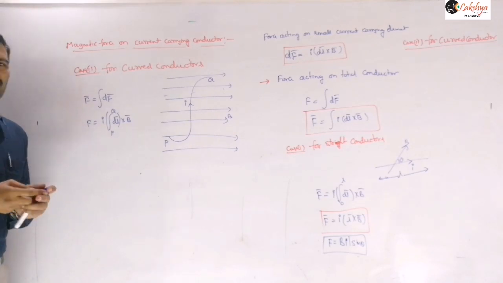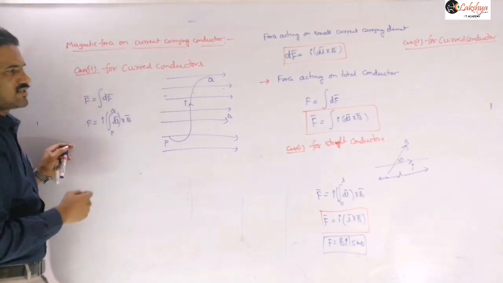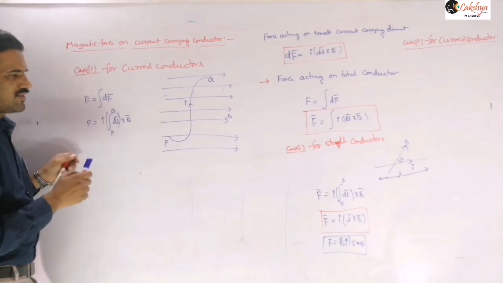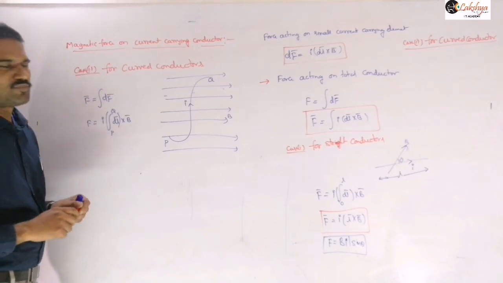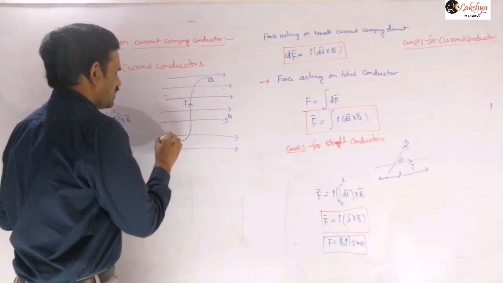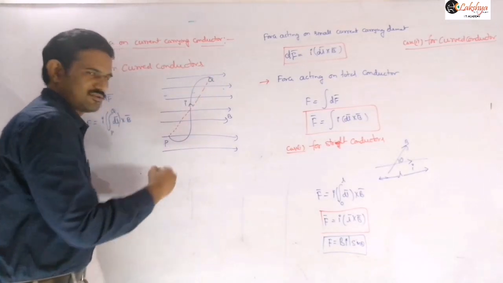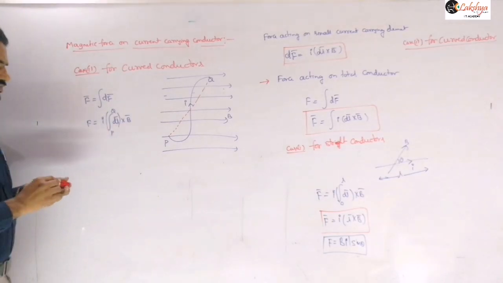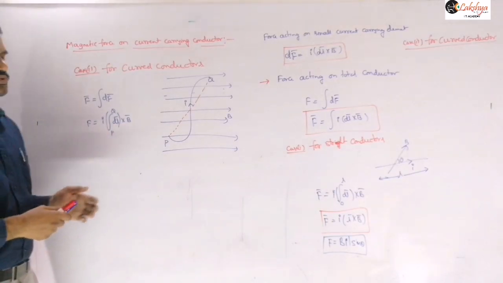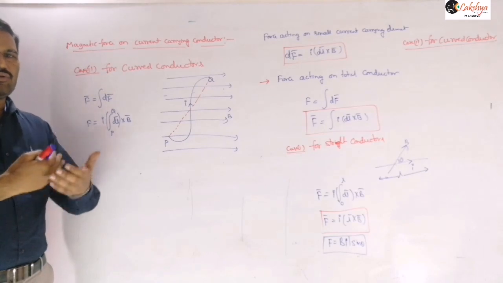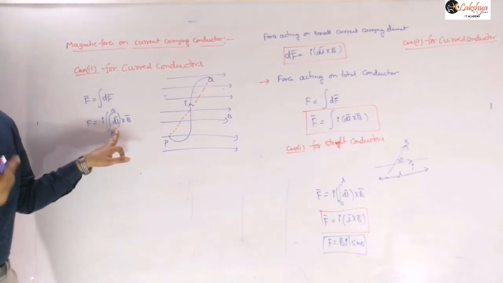And actually if you are integrating this for such a conductor from P to Q, what we can write is, we can replace the integral by a straight conductor PQ. And so then actually that is nothing but this. You can say by using a parallelogram, like you are adding all those vectors. This is a vector addition here.